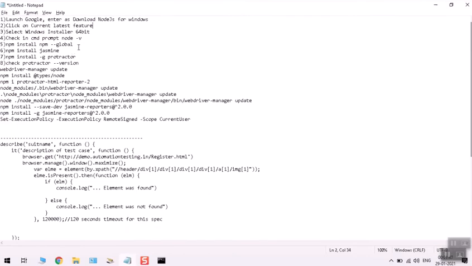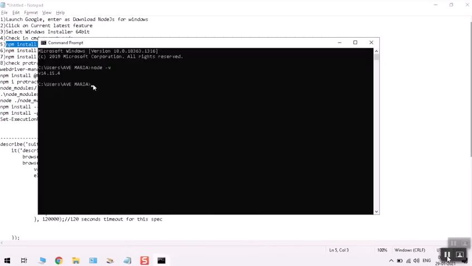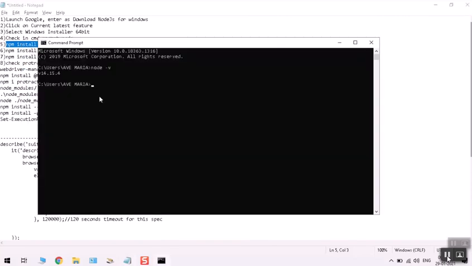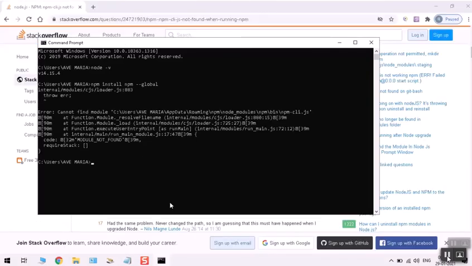So we need to install npm global. Let's install it. Let's copy it and hit the enter key. It's showing some error.